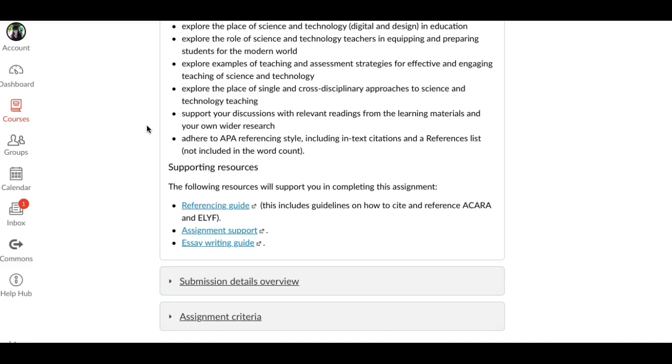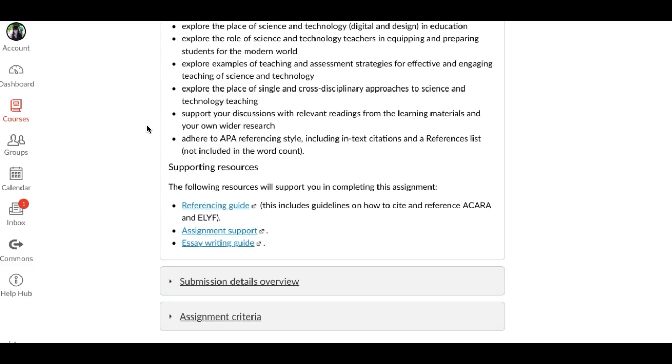Another way you could do it is like the first paragraph could explore the place of science and technology in education. So you discuss the benefits of science and technology for students, the wider community, as well as globally. You might, in the next paragraph, explore the role of science and technology teachers and how they equip and prepare students for the modern world. So what do the teachers do? What role do they play in engaging students and ensuring that they've got the tools to meet the demands of